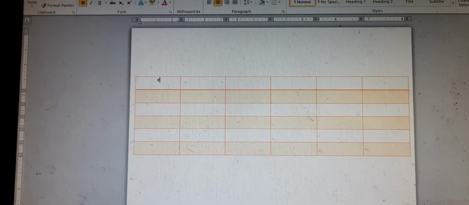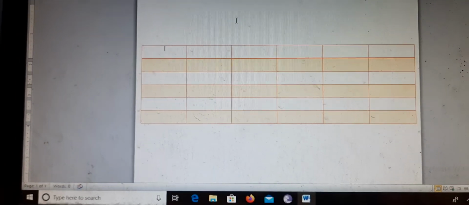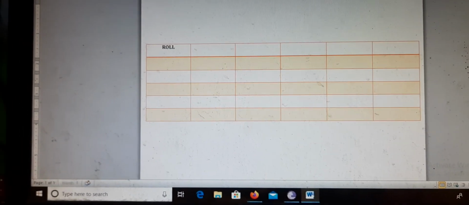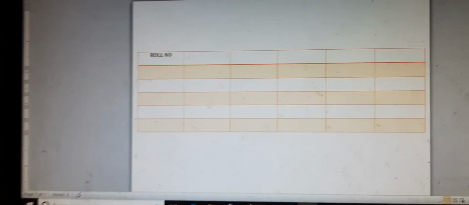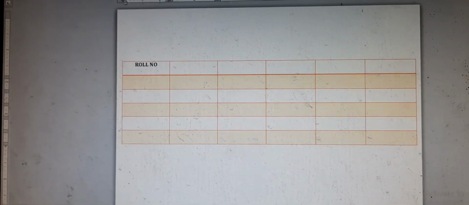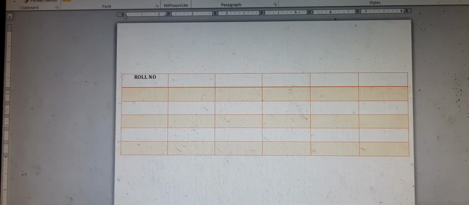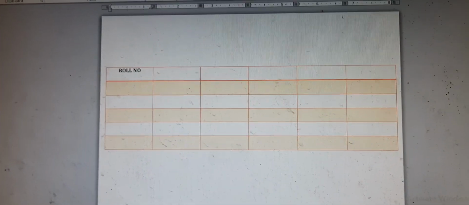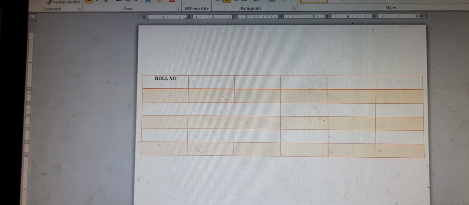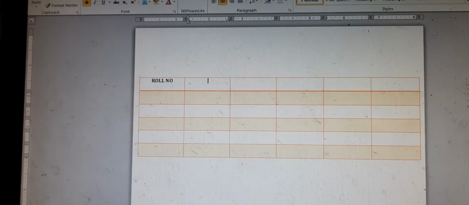Now we are writing some table data. Suppose I am writing roll number. Next, press the tab key or use arrow keys also, to move from one cell to another cell. Just press the tab key to move over there.